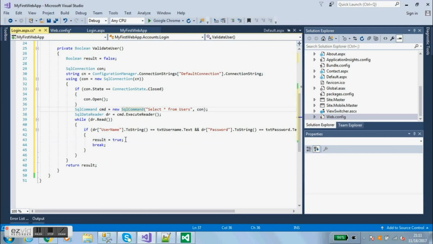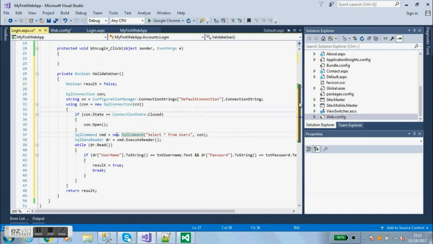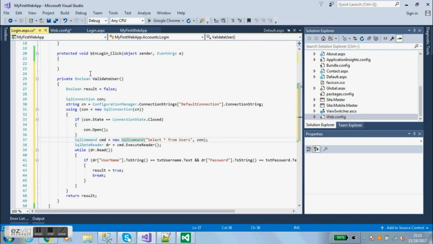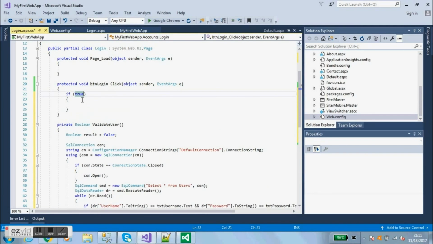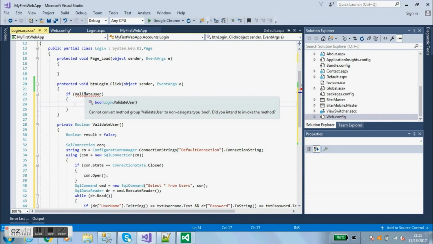Okay, and so the next step would be to reference this code from our login button's event. So here we are going to say if, and let's call this ValidateUser by name. So if ValidateUser. Okay, so if it returns true,